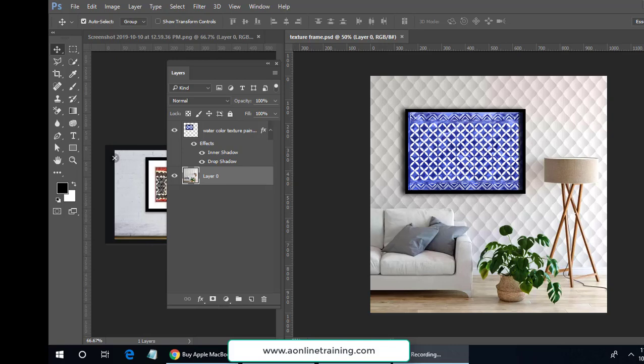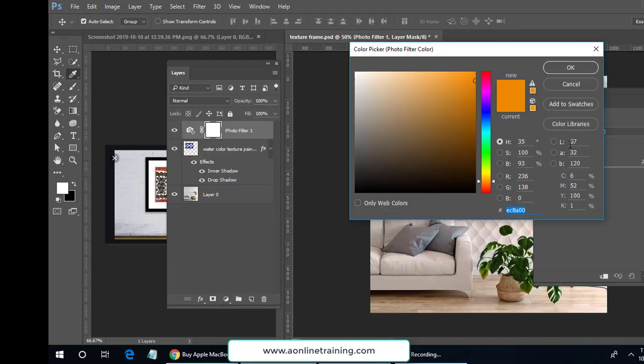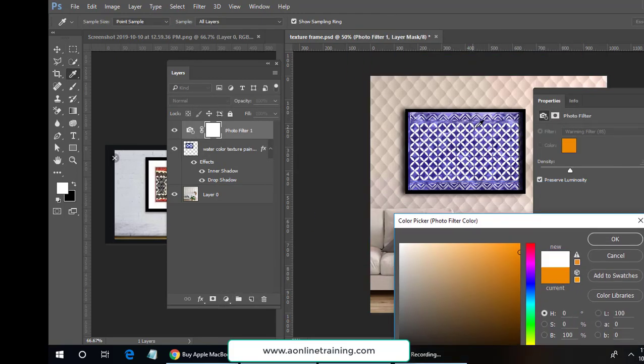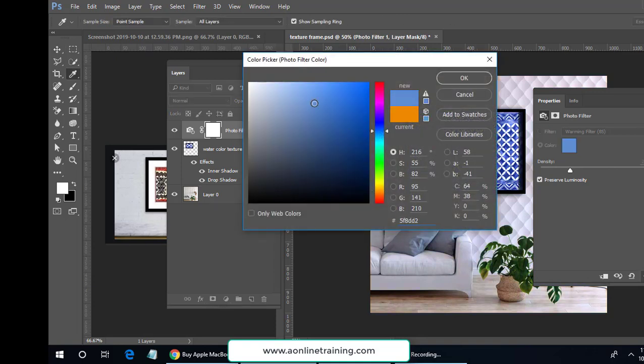So I will show you more enhancement of this. I just select the background layer and I'm applying a layer adjustment. That means a photo filter which applies to both layers, because I'm applying the layer adjustment inside the layer. So I'm selecting, see, it's like a tint of light for the whole image,